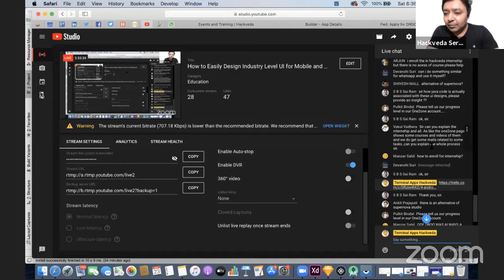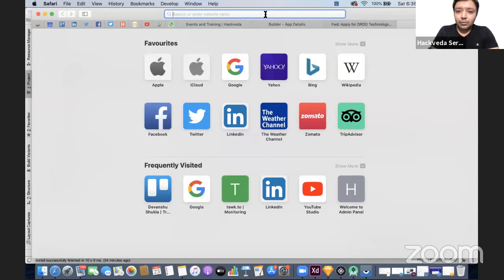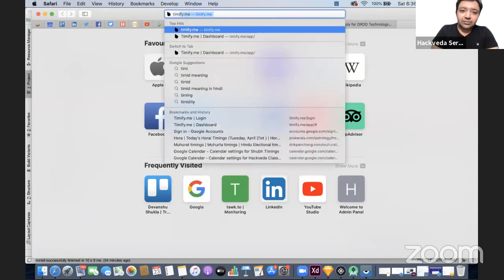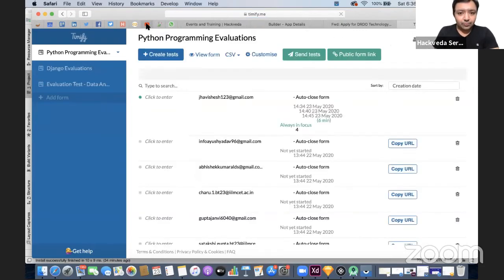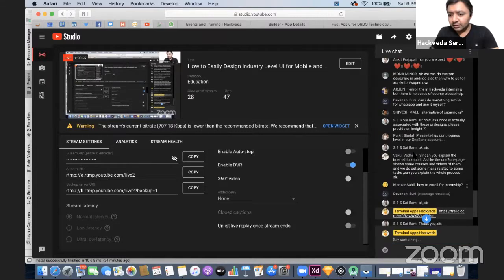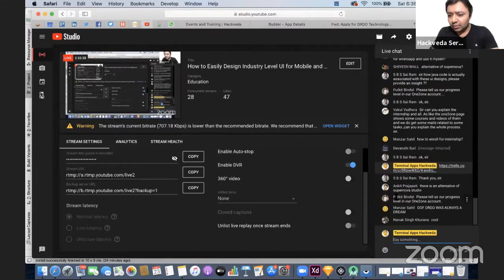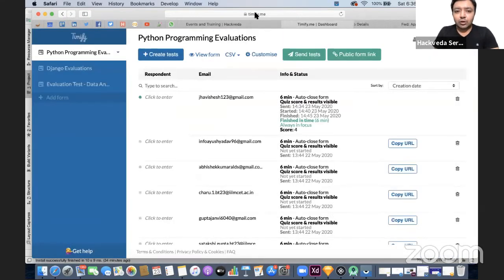Please tell us our progress level in our one-to-one account. Your progress level in your one-to-one account. Okay, so if I have to show you your progress level for my internship, we identified something from here. Let's say I have got this query from Pulkit Bindal. Let's say here we have Pulkit Bindal. Where is he, brother, Pulkit Bindal? This is it, okay. So Pulkit Bindal, if you can help me with your